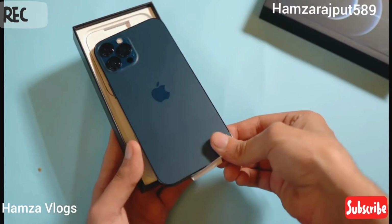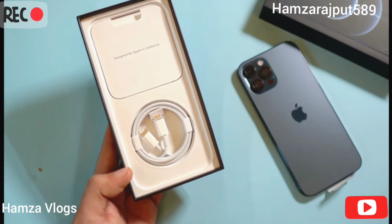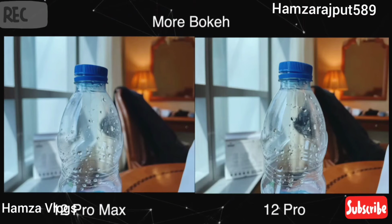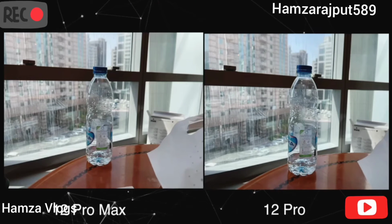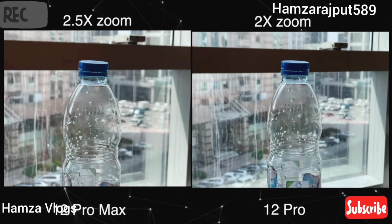So taking the phone out and putting it on the side, as always, very simple unboxing, very similar, except the camera. So the main camera sensor of the iPhone 12 Pro Max is actually bigger than the 12 Pro. It's also got slightly better optical image stabilization. I mean, the 12 Pro is really good with its image stabilization, but Apple has sort of a different